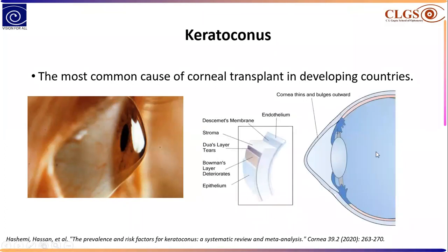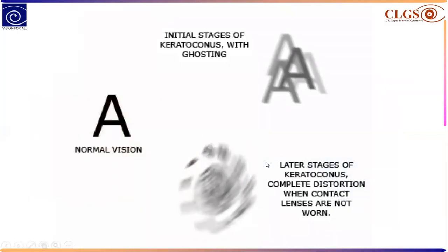So what actually happens in keratoconus? Normally the cornea is a very regular shape. In keratoconus, the cornea becomes steeper, as we see in this diagram, and because of that the cornea becomes irregular, and because of this steepening there is stretching or stress on all the layers of the cornea. And this is how a person with keratoconus sees things.